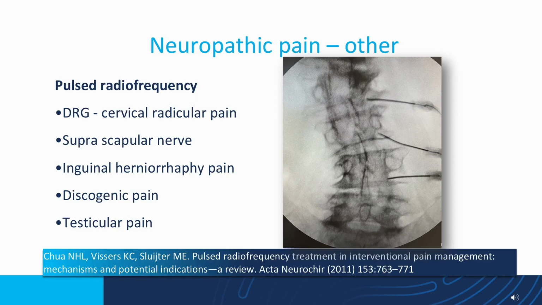If used appropriately, can be life-saving. Other validated treatments for neuropathic pain: pulsed radiofrequency is effectively putting a needle on or near a nerve and pulsing it with low-level heat to change the neuroinflammatory and other aspects of the nerve, which can result in reduction in pain. It's been studied on radicular pain, so cervical radicular pain, dorsal root ganglion pulsed radiofrequency, suprascapular nerve, which